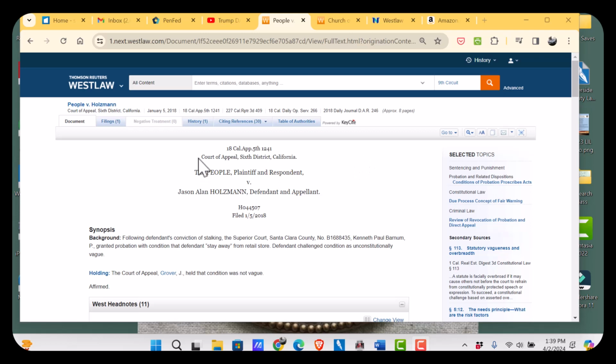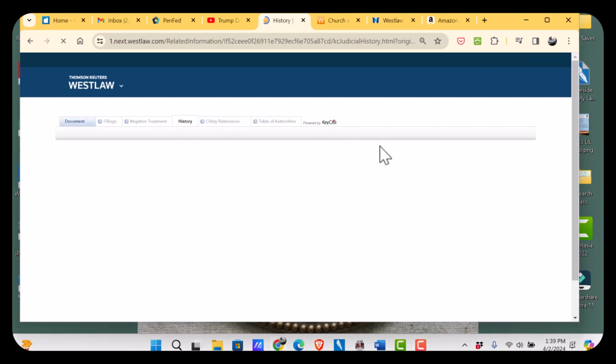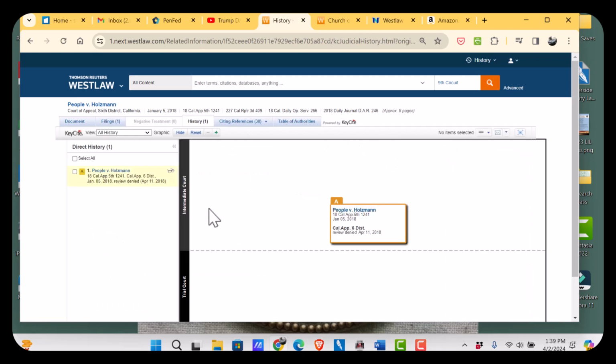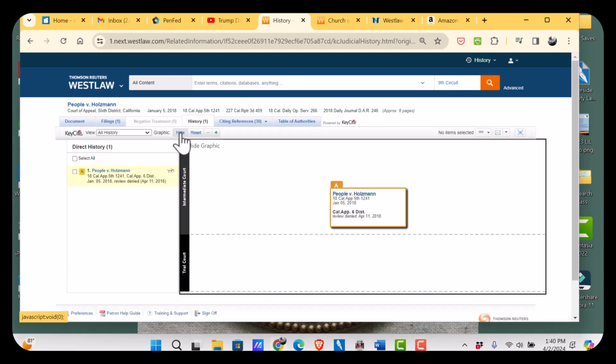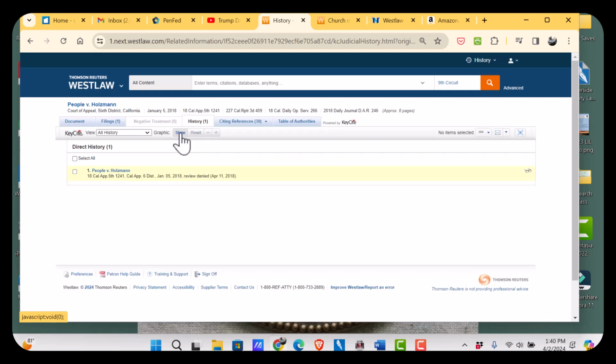The second of the three that we're talking about here is the History tab. Now, the History tab for this case is extremely simple because it didn't really go anywhere. You see here you have the choice of seeing a graphic or not, and this over here on the right is the graphic. You can click Hide if you don't want to see that. Most students I ever had liked the graphic, but without the graphic you can see just the one case listed,